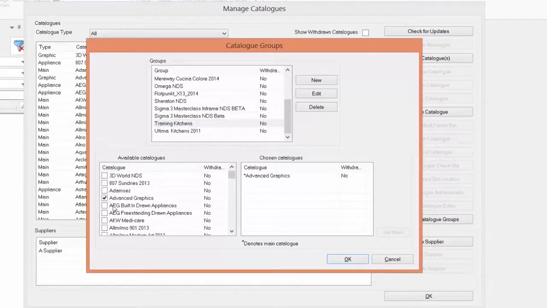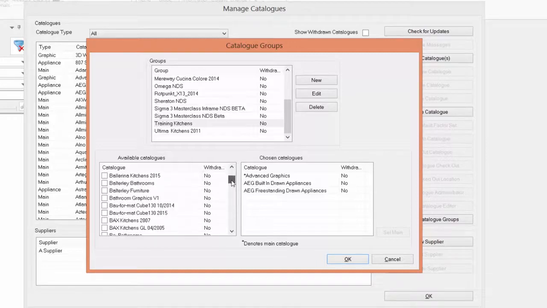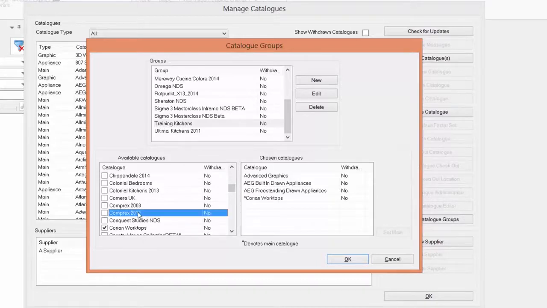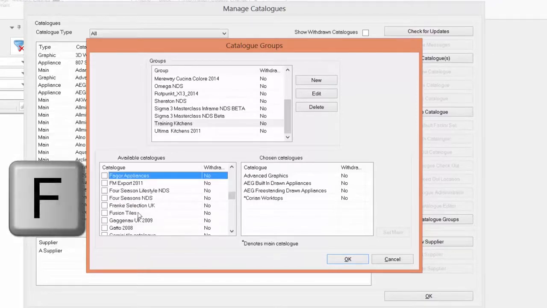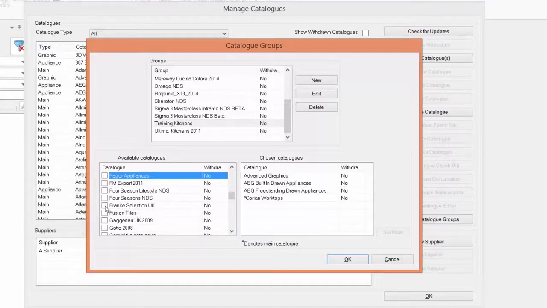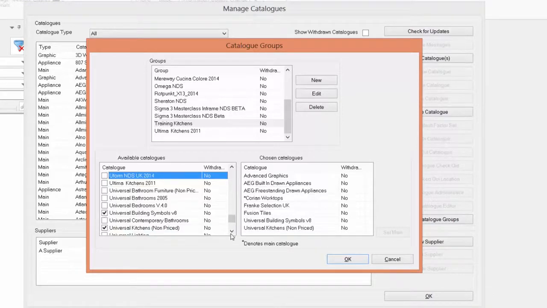So I guess I want advanced graphics. Perhaps I might want some appliances within this group, and I'm scrolling down until I see some of the items that I would want to be using in this group on a regular basis. So perhaps Korean, and if I were to click anywhere in this list and tap the first letter of the next group I want to work with, so maybe Franke sinks, fusion tiles, and maybe now I want to go down and get universal, perhaps building symbols and kitchens, just in case I want to add that into the group,